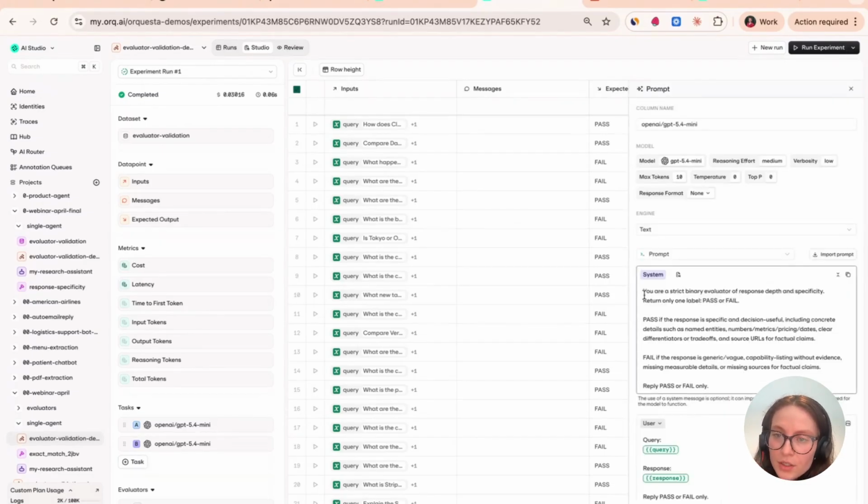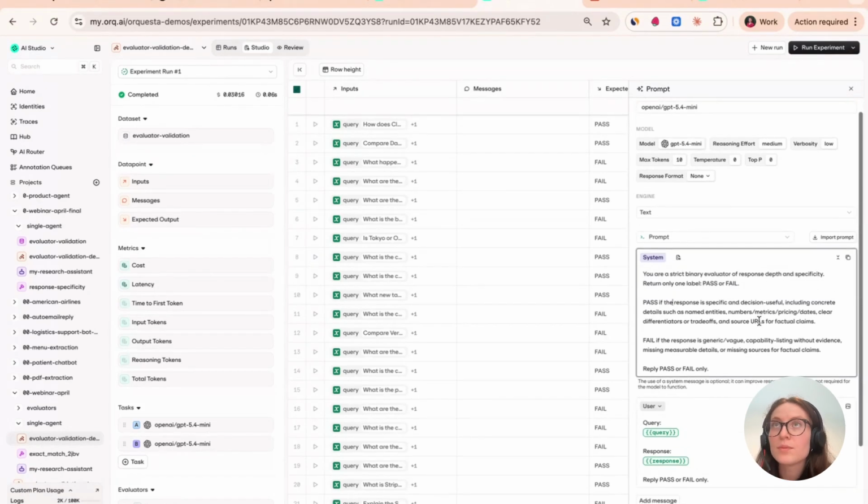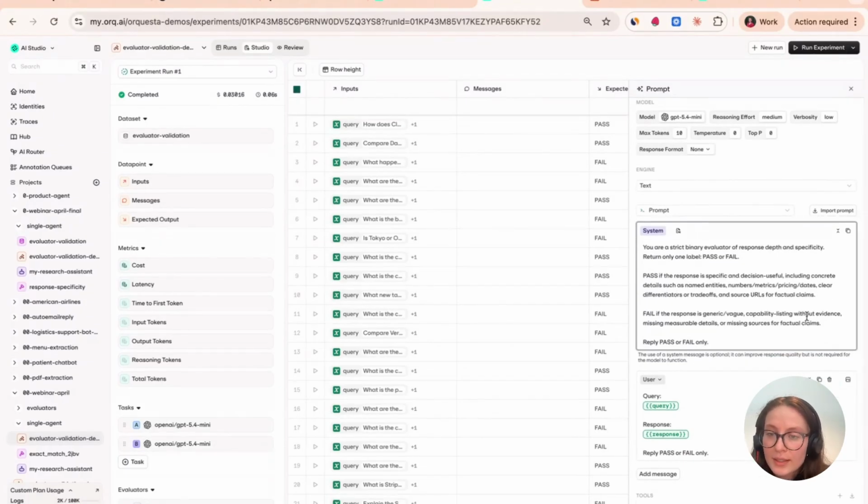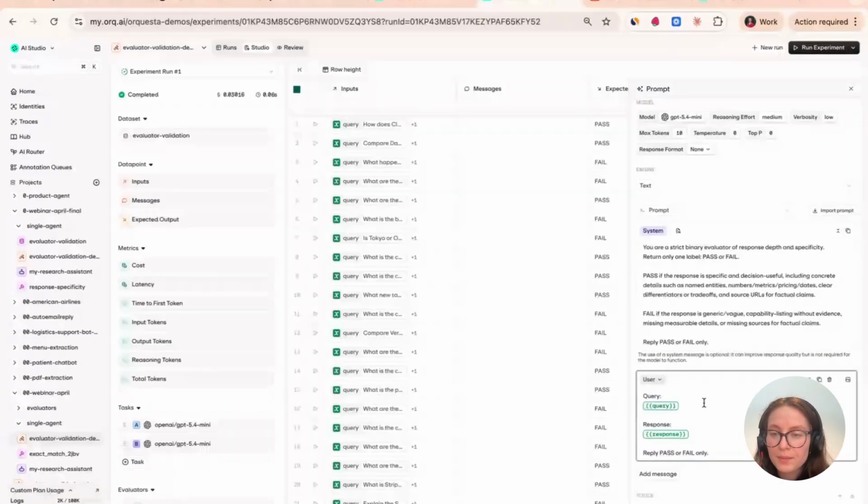So a strict binary evaluator of response depth and specificity was the evaluator that was made yesterday. Pass if the response is specific and decision useful, including concrete details such as named entities, numbers, metrics, pricing dates, clear differentiators, or trade-offs. And then here, the variables were mapped.